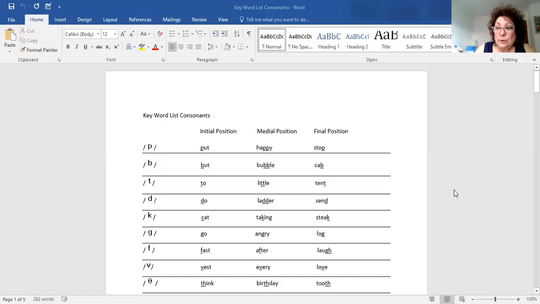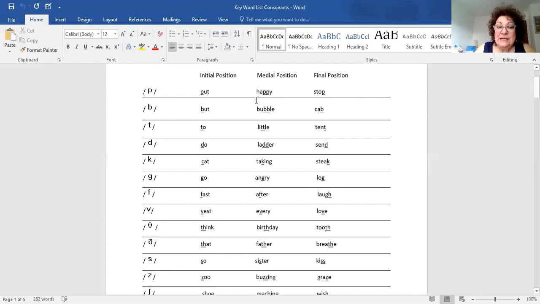Hello. Now we're going to go over each IPA symbol for consonant sounds. In doing so, on your blackboard, I have placed, and I'm going to share that with you, the keyword list. This is a great way for you to identify the IPA symbol listed on your left, and by placing an initial position, a medial position, and a final position, and having the sound underlined, you can identify this symbol's